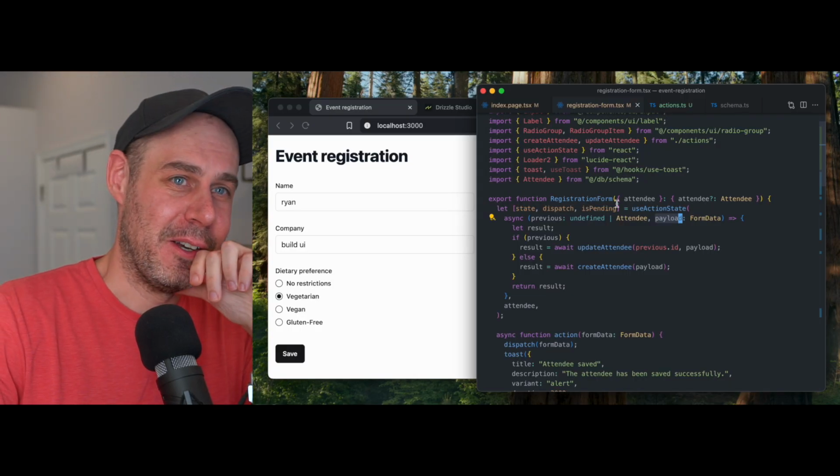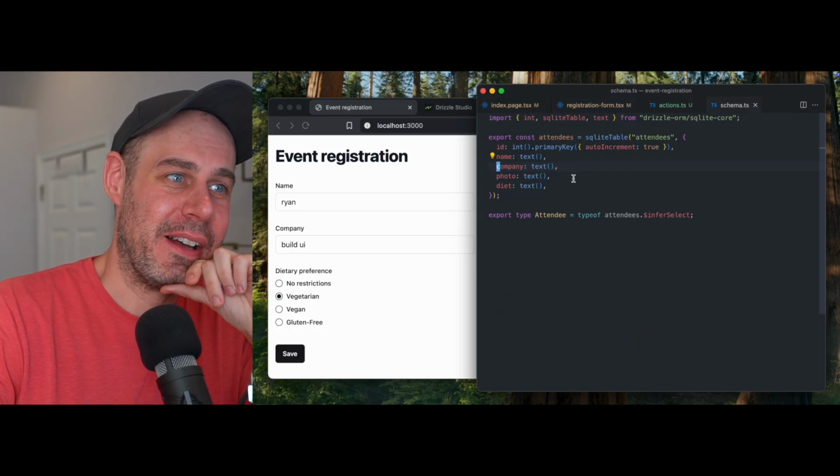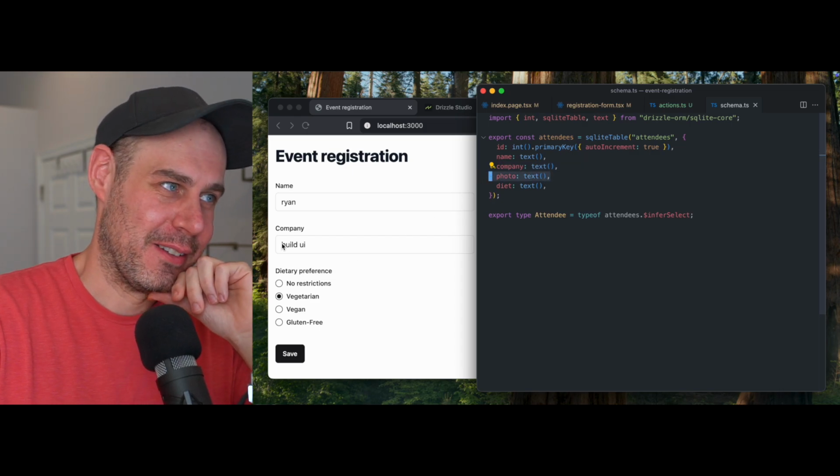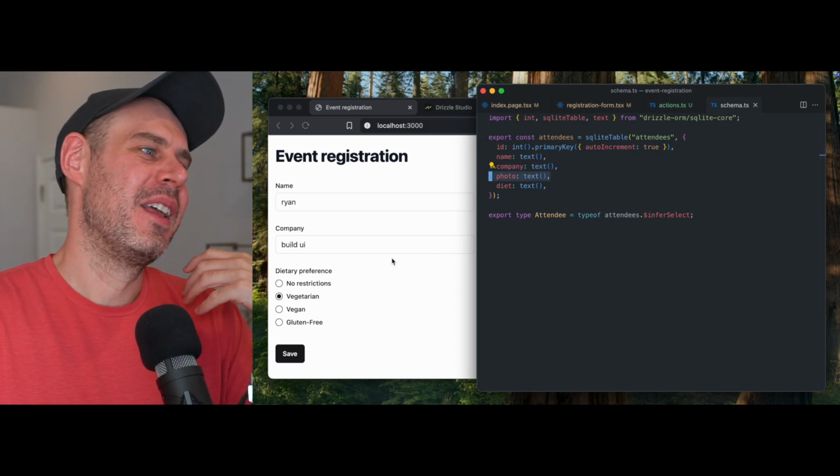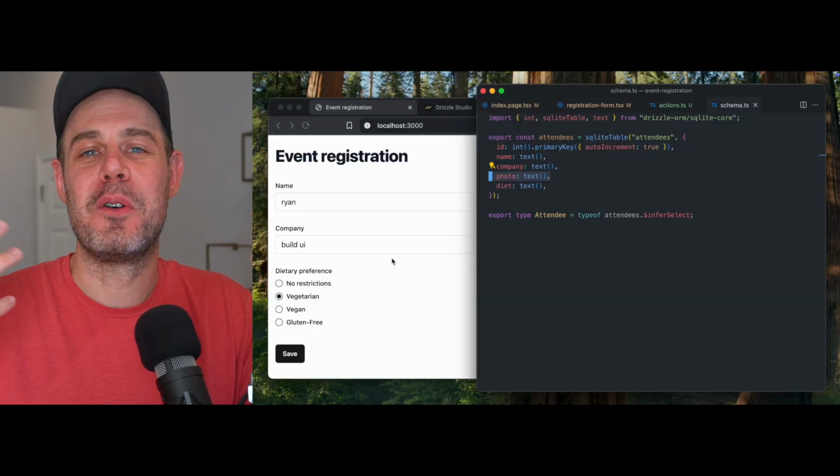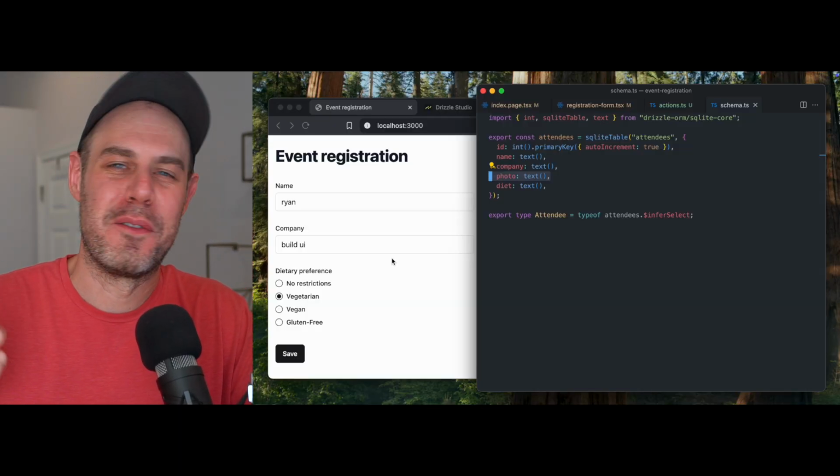One of the things I want to do is, you'll notice in my schema, I have a photo. And you know, this is like a conference registration form. I think it'd be cool to upload a photo using useActionState. So if that's something you're interested in,